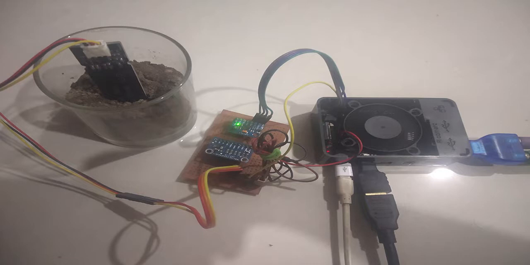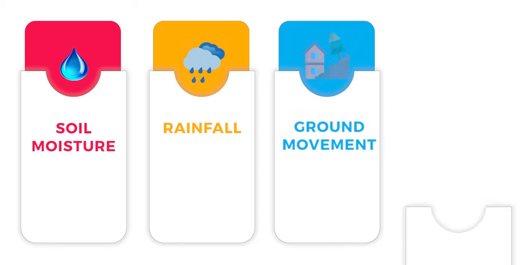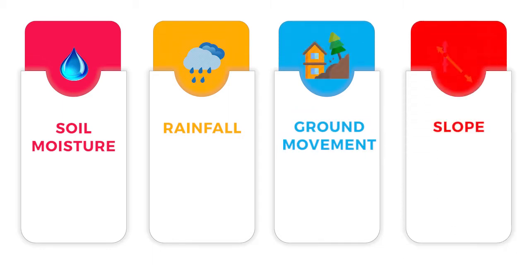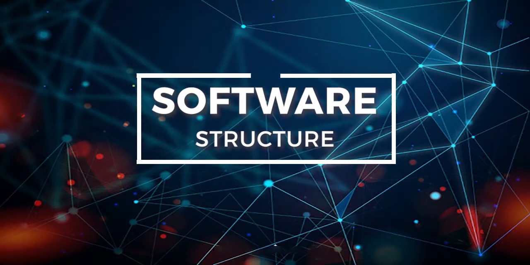It has a set of sensors which track the changes in environmental parameters. The parameters include soil moisture, rainfall, ground movement and slope. The interfacing is done through Raspberry Pi. The monitoring can be done from a distance through IoT. The system will observe the stability of the soil in a timely fashion to determine the chance of slope failure.